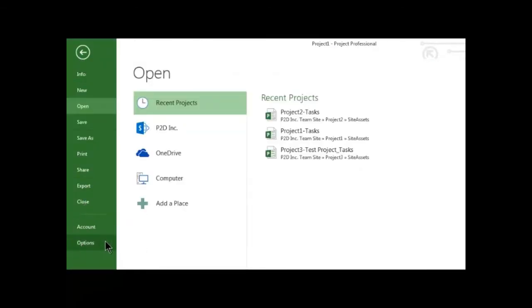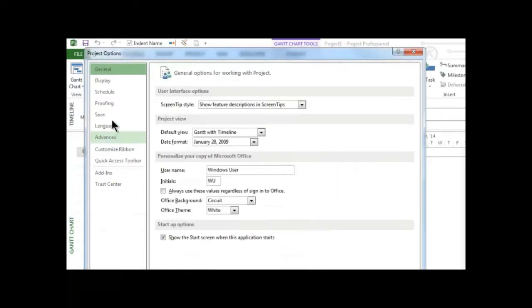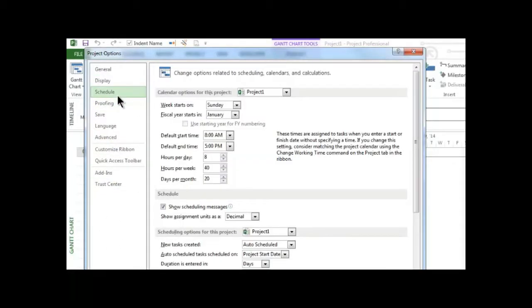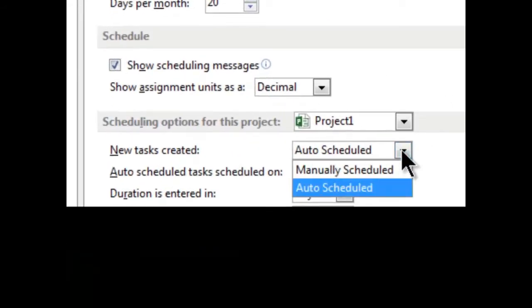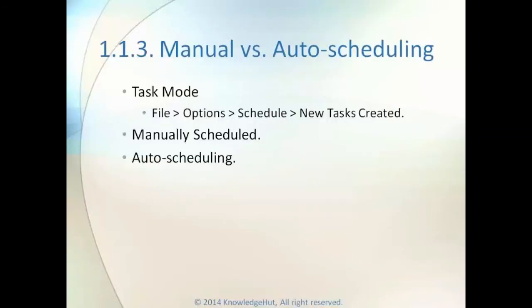Options, Schedule, New Task Created. In the manually scheduled mode, new tasks are created with their task mode set accordingly, that is,